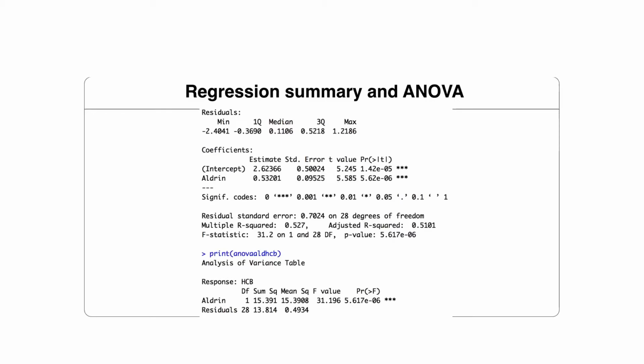The third block is where R puts out the residual standard error on the corresponding degrees of freedom, and then it puts out the F statistic and the R squared values. The R squared value, as you know from your studies, signifies the extent to which this explanatory variable, or the combination of the explanatory variable and the intercept term, can explain the variability in the HCB, or the outcome variable in this particular case. And you can see that it has a highly statistically significant p-value, which shows that the model can explain